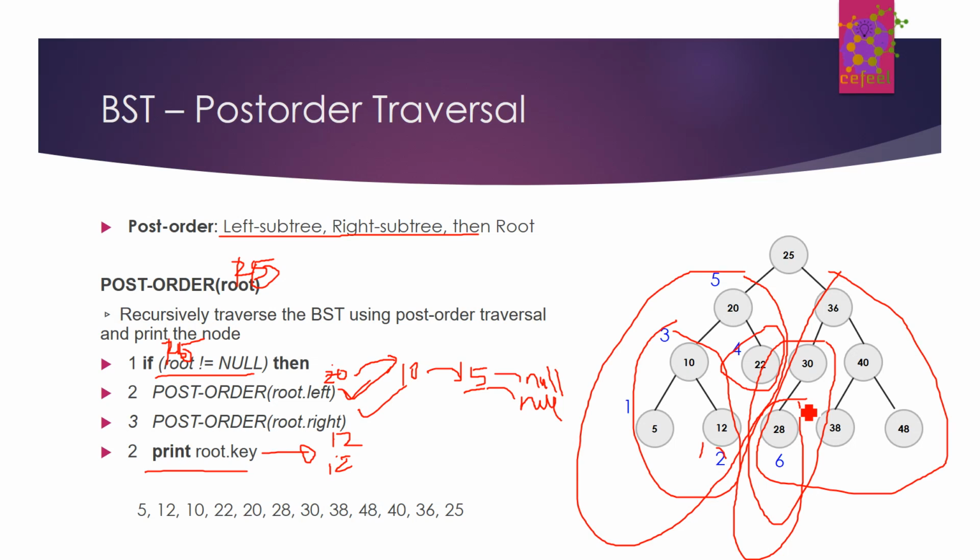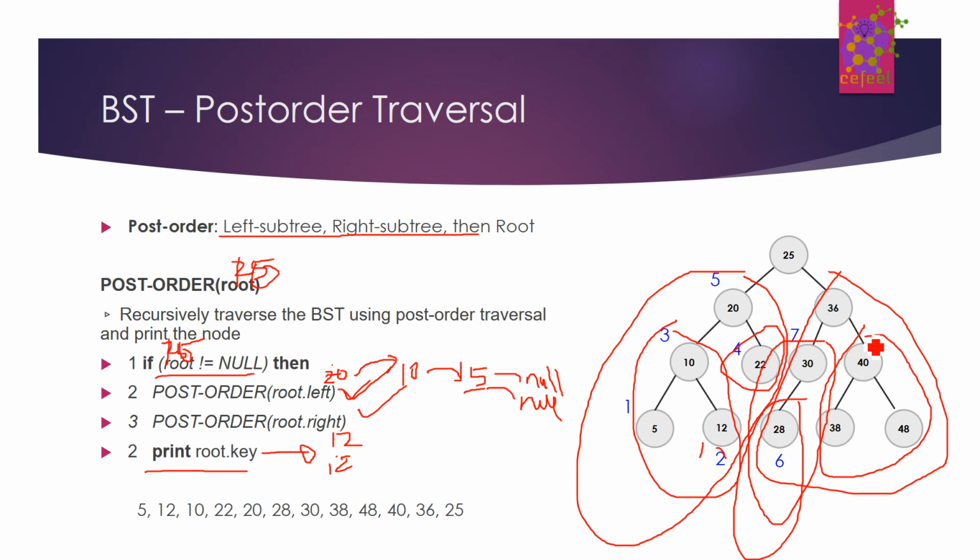So 28 doesn't have any children and it will return back to 30. 30's left subtree is done, right subtree is not present, and now 30 can be printed, so next 30 is printed. Then the call will return to 36. Now for 36, right subtree is yet to be traversed, its left is done, so then the right subtree is